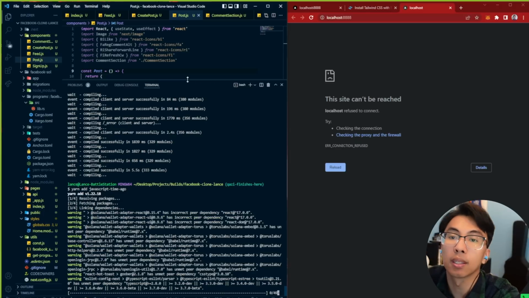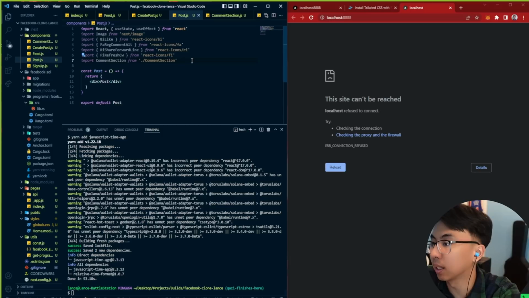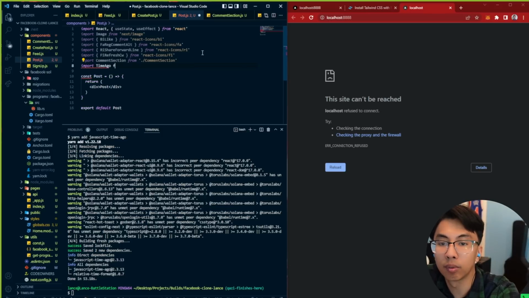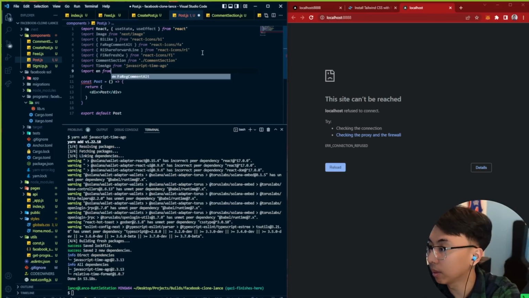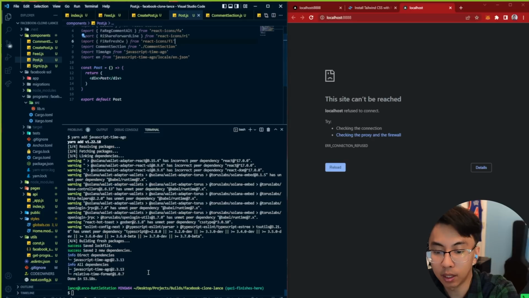Yep, so I'm gonna wait for this to install and we'll be right back. Cool. So now we have that package installed. What we need to do next is import ago from JavaScript time ago. Then we also want to import en from the same place, but this time /locale/en.json. Cool. And if you miss our beautiful page, you can just go into terminal and just say Netlify dev